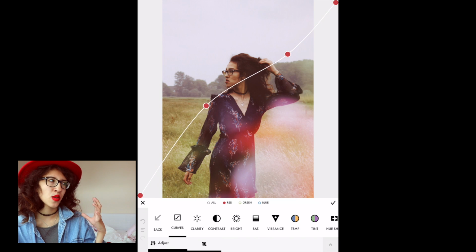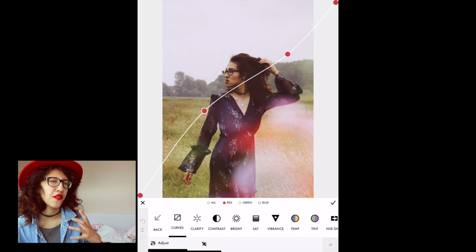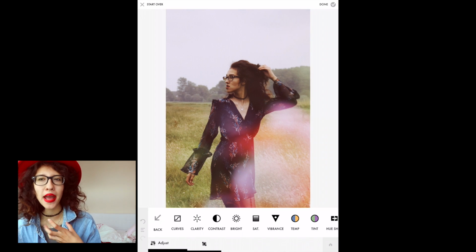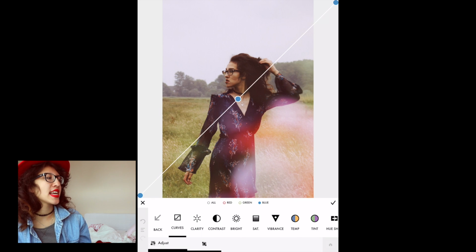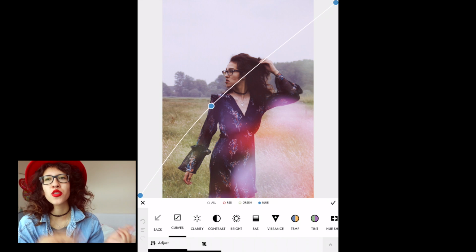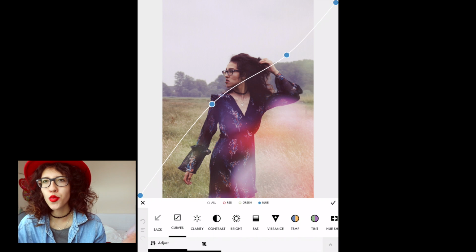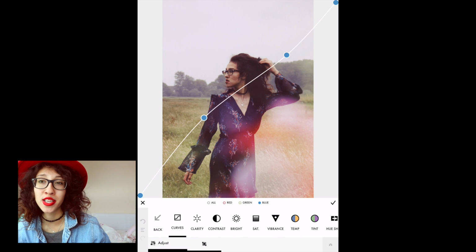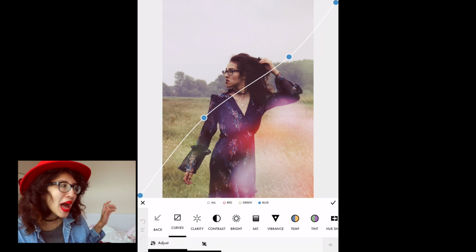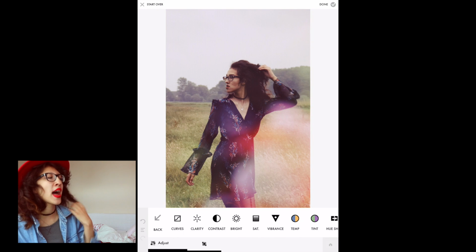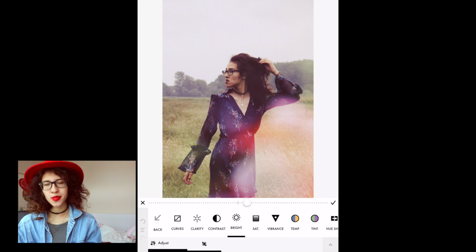Since this photo is a little bit more fairy-like, I wanted to make it very pink, which is what I did. And I usually don't do the green one. I usually do the red one and the blue one in this app because I find the green one is way too dramatic. So I'm just playing around with that, and then usually I do the brightness